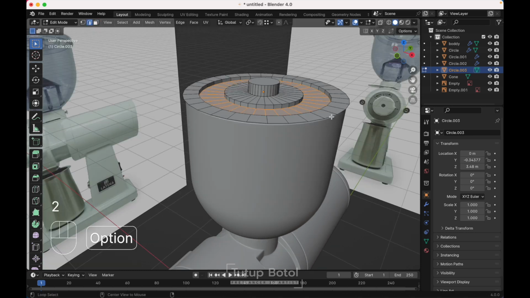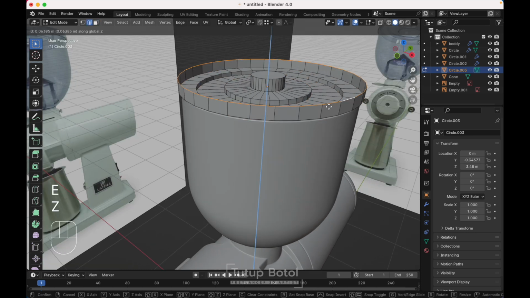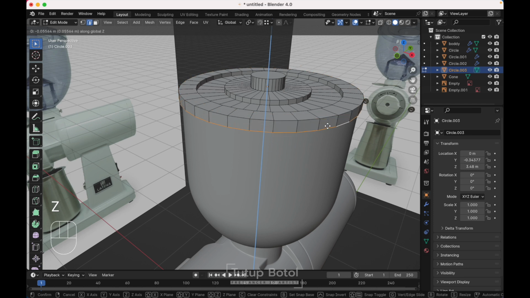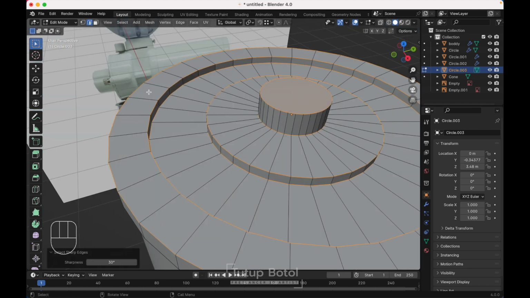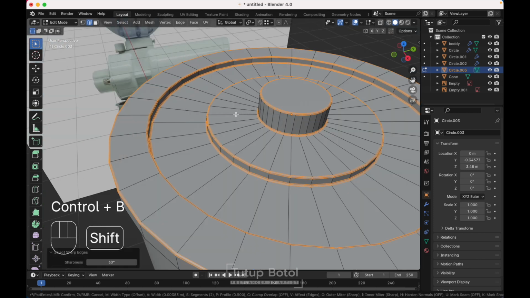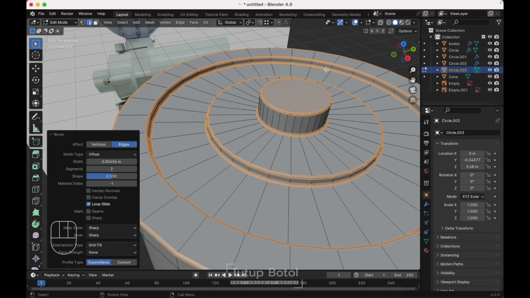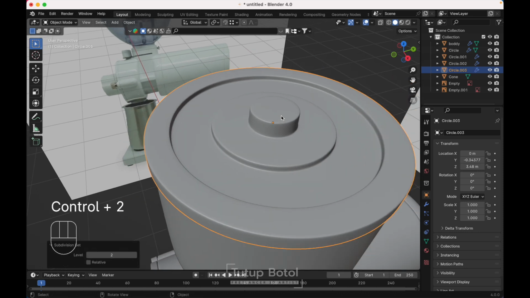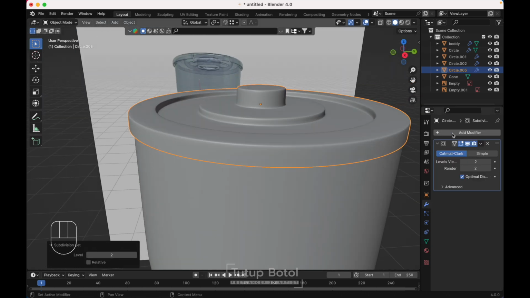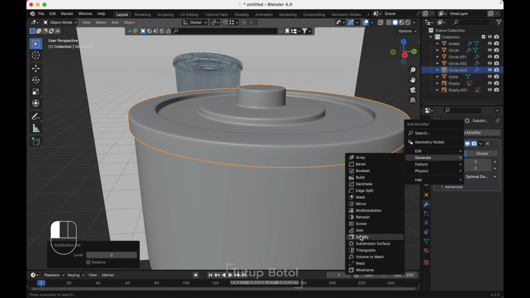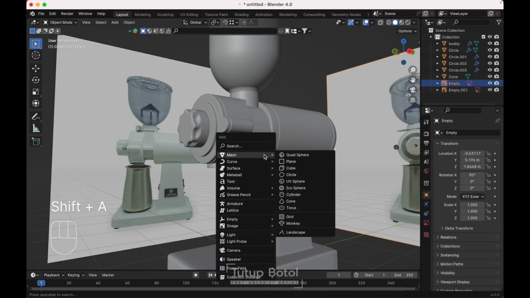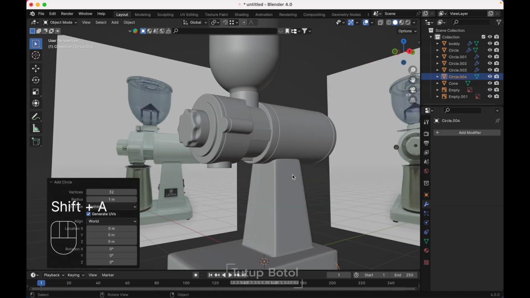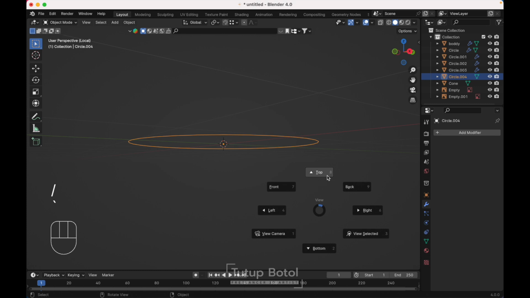and go to the edge mode. Select this edge, press E, Z, move it down here just like this. Select sharp edge, Ctrl B, bevel it like this. Tap to the edit mode, shade smooth, Ctrl 2 to add the subdivision modifier, and go to the modifier, add a solidify modifier. Okay, now press Shift A, add a circle, press slash on your keyboard, go to the top view,